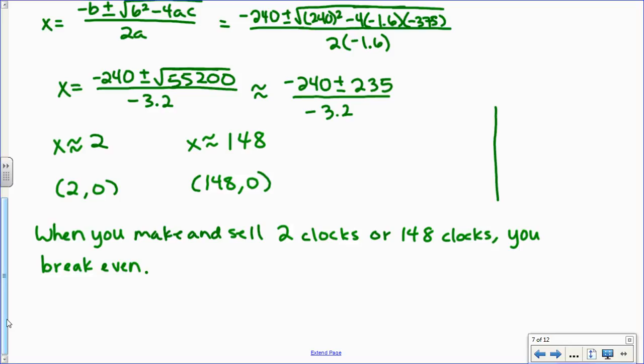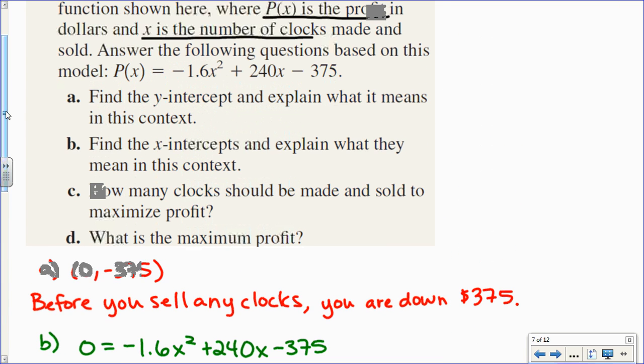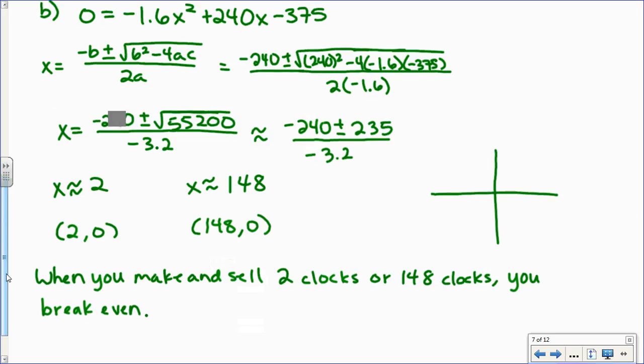So on a graph, it looks something like this. So it's a parabola, right? And my A value is negative, so that means it opens downward. My x-intercepts are 2 and 148. So something like this, where this is 2 and this is 148. So that's the graph of your profit. Okay, and then this down here is the y-intercept. That'd be negative 375 on the y. Okay, so I want to kind of still keep that picture. So then when I do the next question,